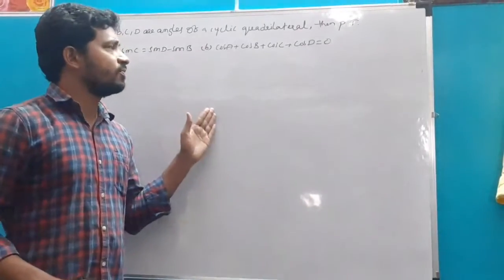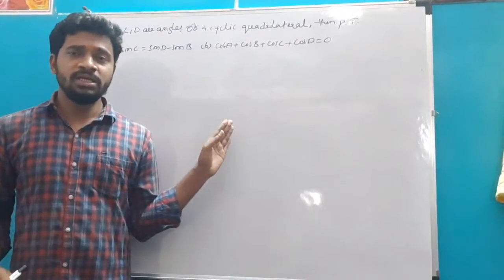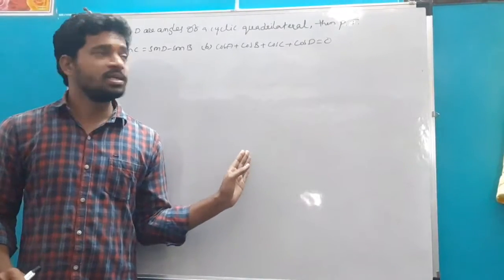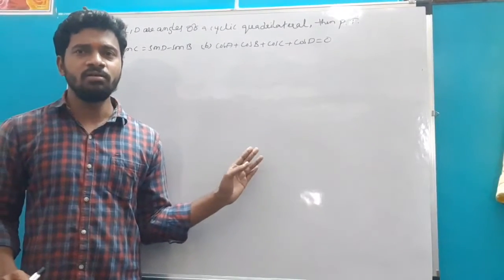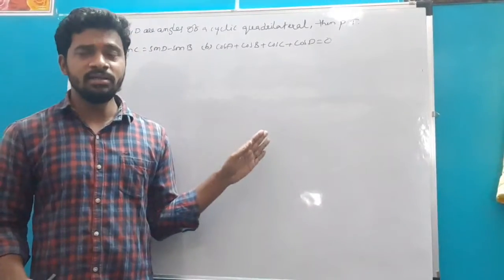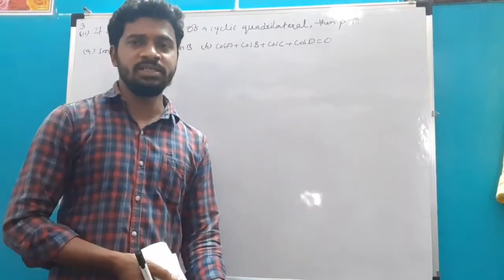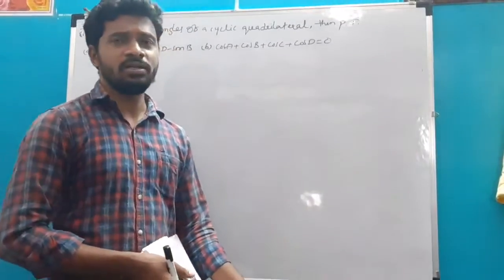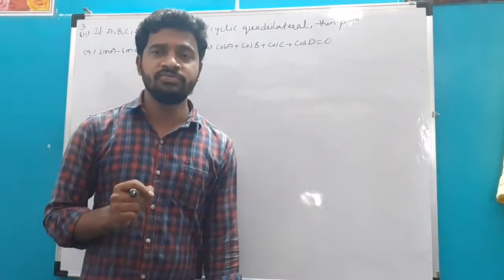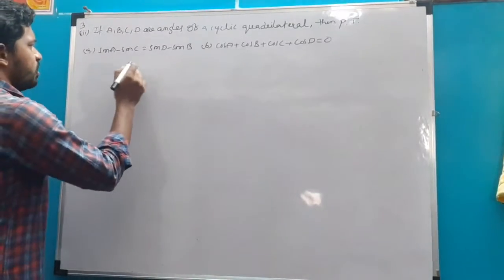ABCD are angles of a cyclic quadrilateral. So what is the meaning of this one? A circle which is passing through the vertices of a quadrilateral, then we can call it a cyclic quadrilateral. Here the sum of angles in a quadrilateral is equal to how much here? 360 degrees. In the cyclic quadrilateral, the sum of opposite angles is equal to 180 degrees. So first draw the